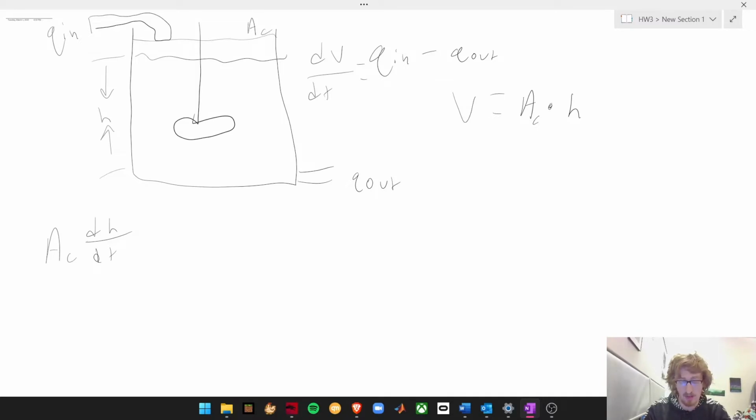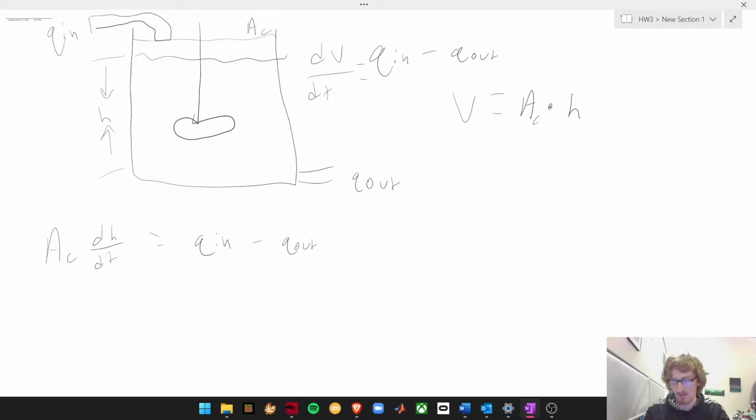So you can see why we did that. Since volume is equal to the cross-sectional area times height, if we take the derivative of volume, we can also express that as the first derivative of height with respect to time instead of volume, and then just move the cross-sectional area out. So we have our cross-sectional area times the first derivative of height with respect to time equals Q in minus Q out. And in this instance, we're going to be working with tanks that we know flow out at a